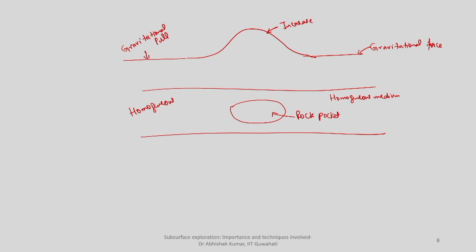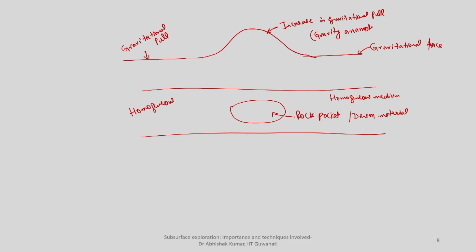First of all, this was your general trend, which you can determine based on your general understanding about the gravitational field at the site of interest, but because of the rock pocket, or I can say denser medium, denser material, the relative density or the mass existing at that particular section will increase. That will lead to an increase in gravitational pull, and this increase you can call gravity anomaly,